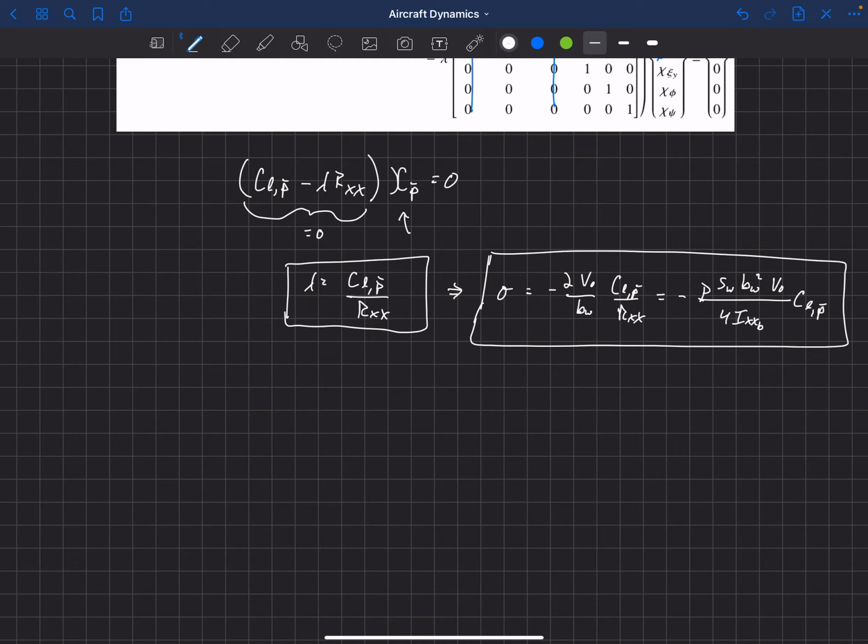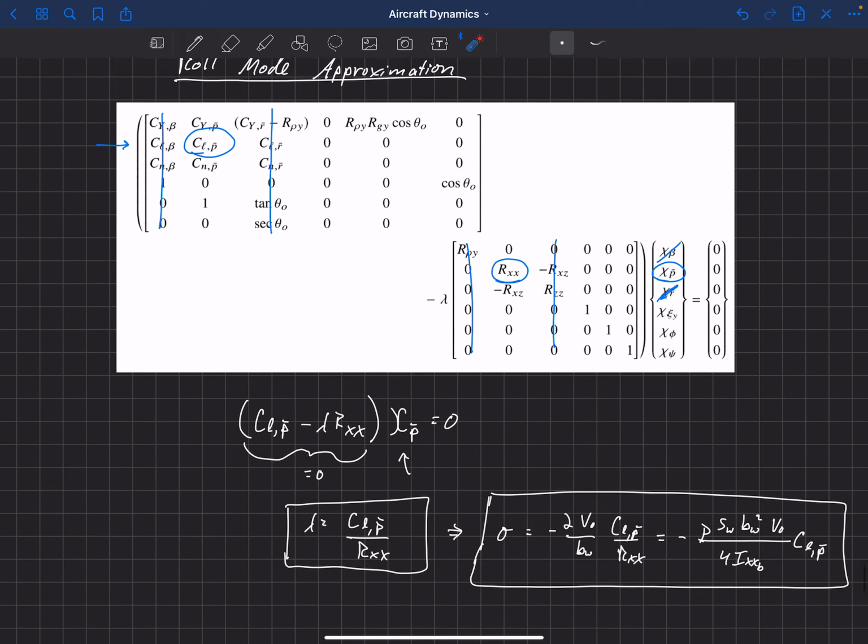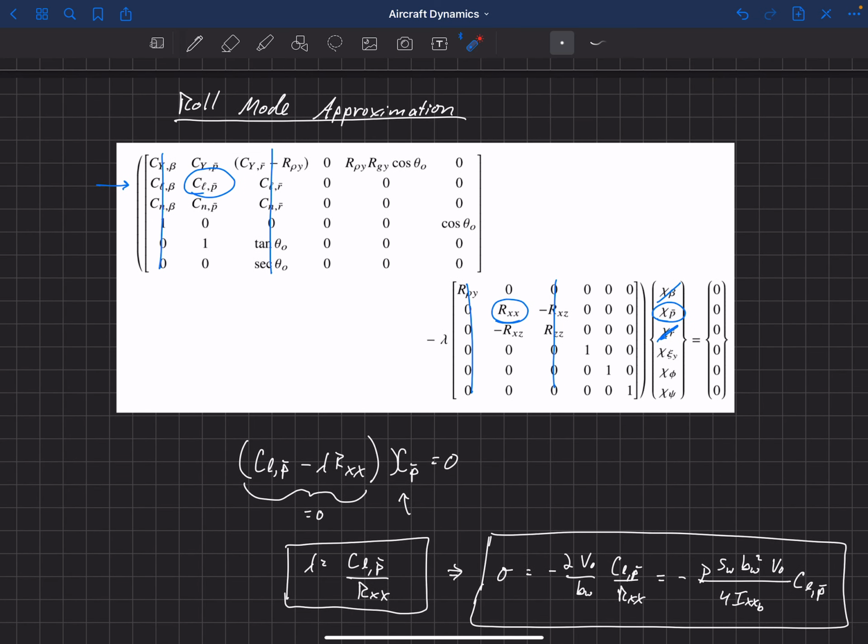roll mode. And so what we find here, which is not terribly surprising, is that this is basically completely dependent on our roll damping derivative, right? So if we want more damping, then we need to have a larger roll damping derivative there. And then that will be scaled by this stuff out front to give us our actual dimensional damping rate. And of course, from this, we could compute the time to half amplitude or the 99% damping time. The same types of things we can compute from any of these damping rates. Okay, so that's a closed form approximation for the roll mode.